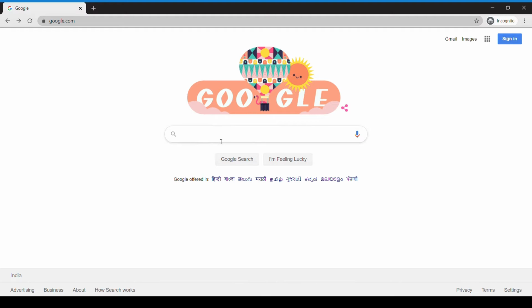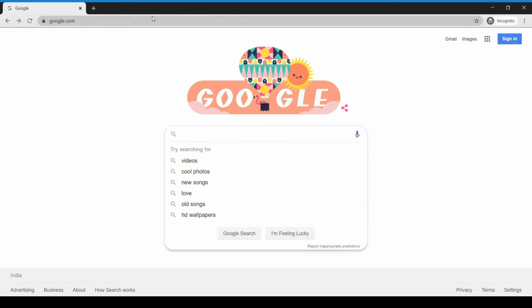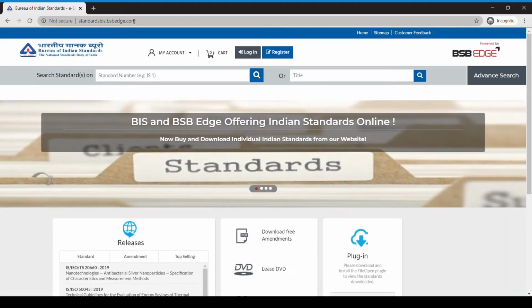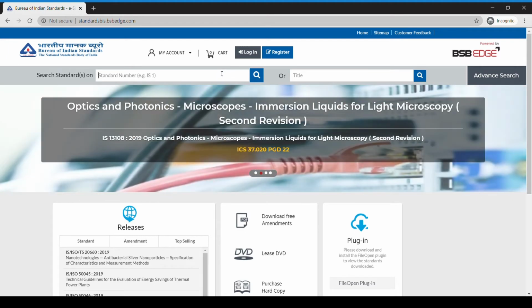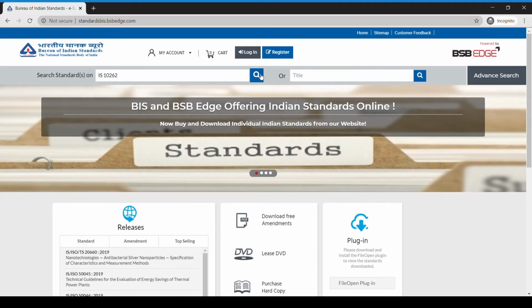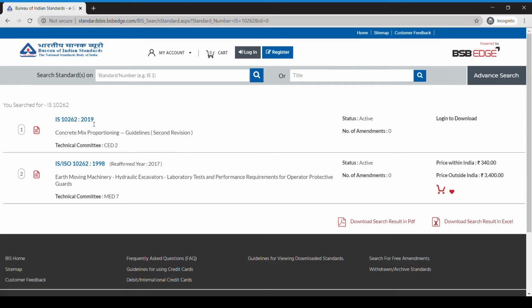So, firstly, we are going to search in Google for standardbas.bsbedge.com. The link to the website is directly given in the description box below. So, I'm going to just copy and paste the link in the search bar. When I do it, I'm getting this page where I can get BAS and BSB Edge offering Indian standards online. Now I'm going to search for IS 10262. It is a concrete code. There are two codes. The latest code is the 2019 edition. So now I'm going to try and download this one, the 2019 edition,